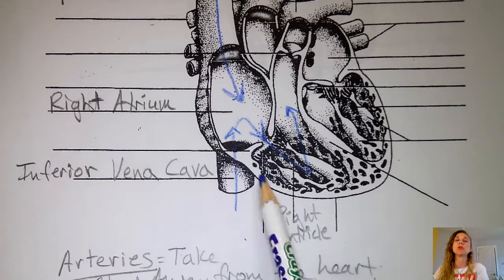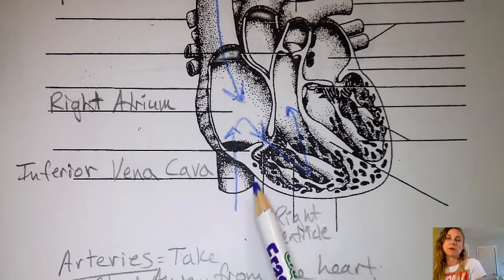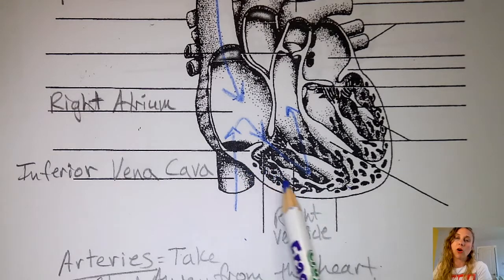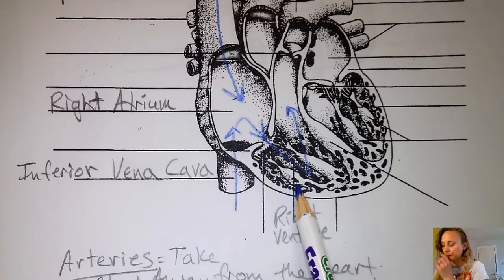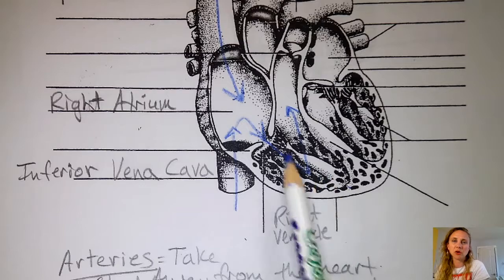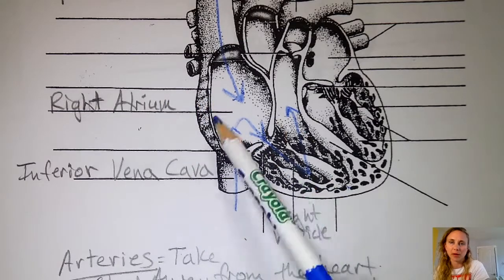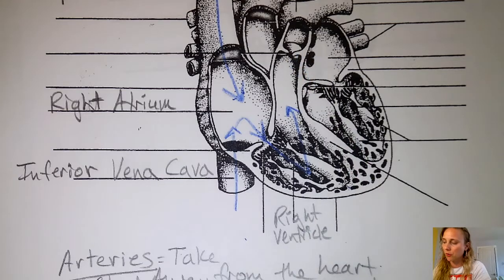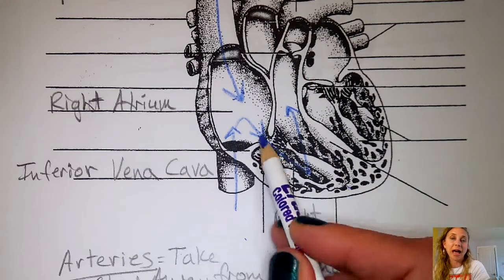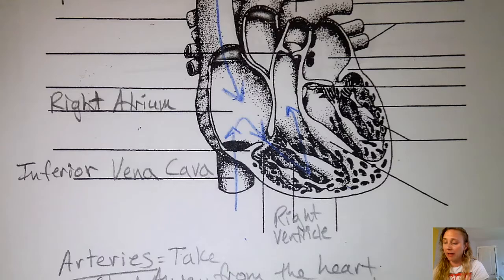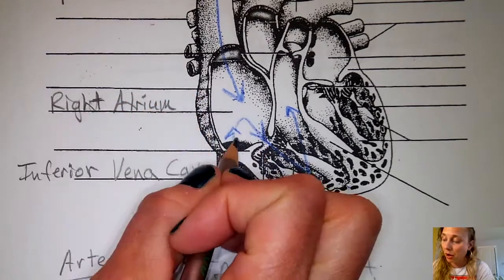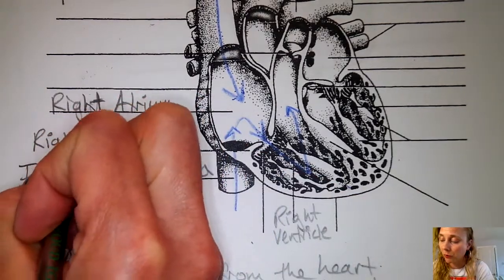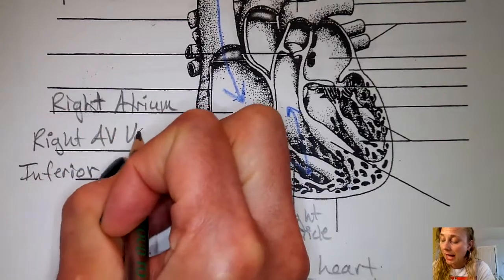Ventricle, remember this is all muscle, this is all heart muscle, right? Okay, so myocardial muscle, right? So it's all going to contract. It's going to contract atrium to ventricle, both atriums, and then both ventricles, and the blood's going to go where it needs to go. But it goes past this valve, and let's call this valve the AV valve, and it's on the right side. So we're going to call it the right AV valve, and literally